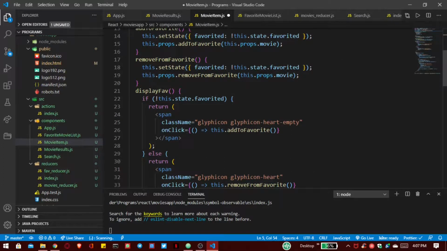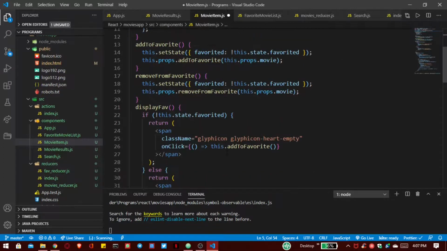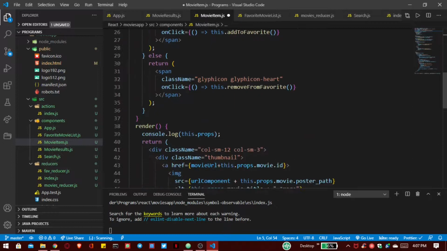And let's add here the target is blank because I don't want to close my application whenever our user clicks on that. So for that, target is equal to blank.